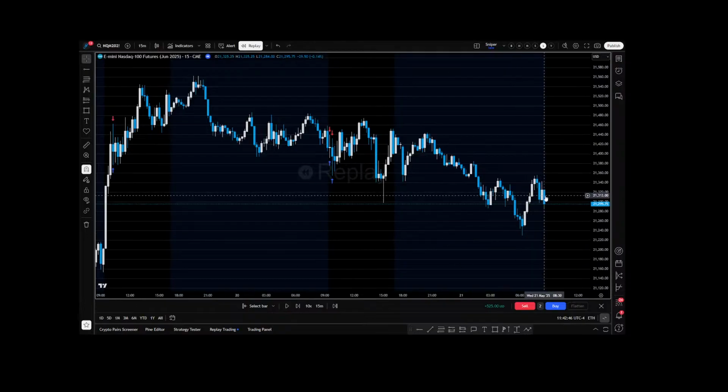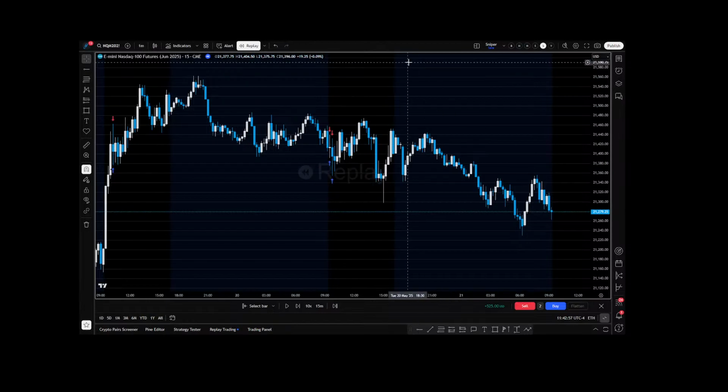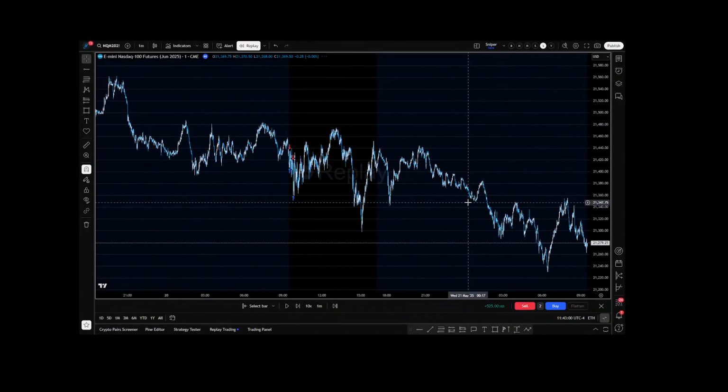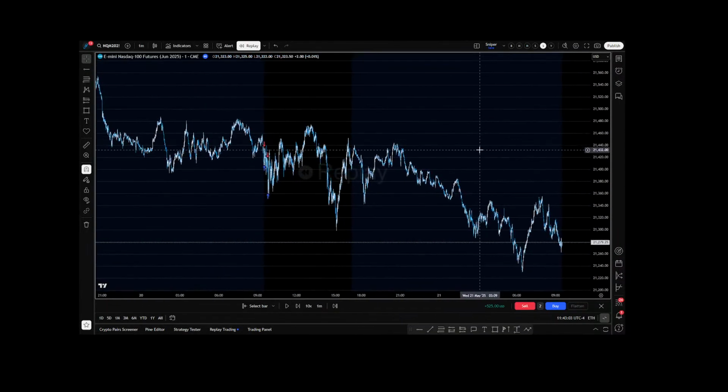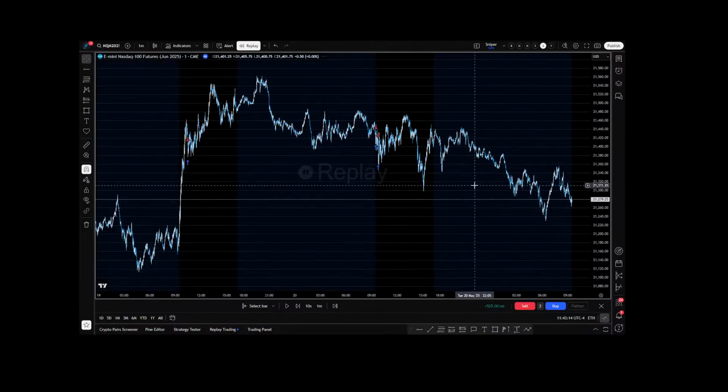All right, same thing here. What do we observe overnight? And again, when you're trading, you want to have multiple time frames open: daily, 4 hour, 1 hour, 15, 5. But we're just truncating everything to the 1 minute right now. We are opening near low of day. This is Wednesday's price action. We are below Tuesday's low, and we are somewhat near Monday's low. This is Monday's low down here.